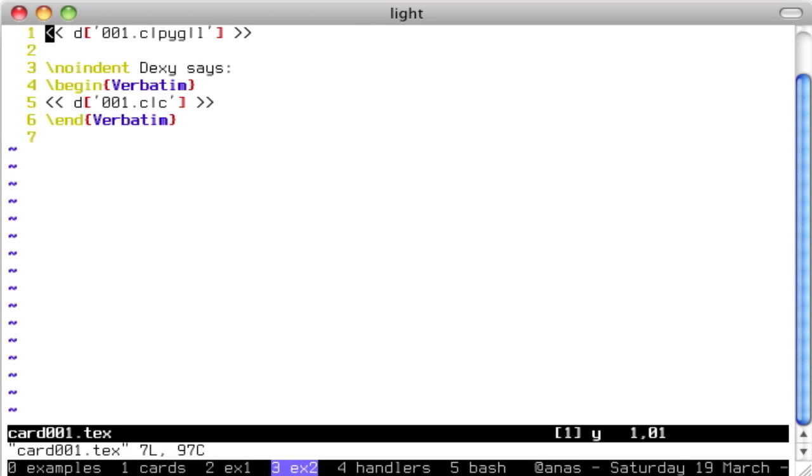So Jinja is the templating system that we're using, and normally in a Jinja file you would use double curly brackets to indicate that you wanted to include some dynamic content. But in the case of LaTeX, this is going to clash with LaTeX's own command system. So by default in Dexy, if you're using a LaTeX file, you're going to use double angle brackets to indicate